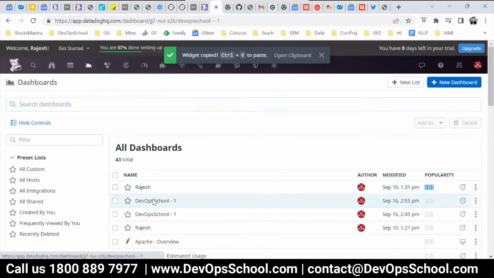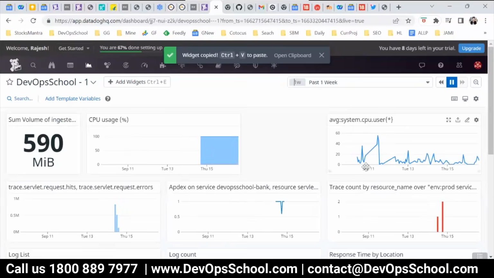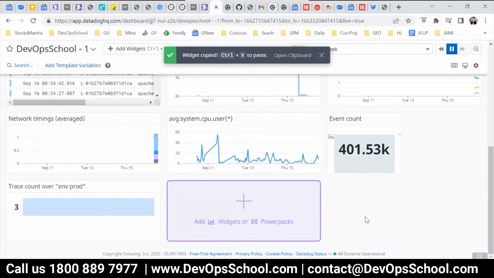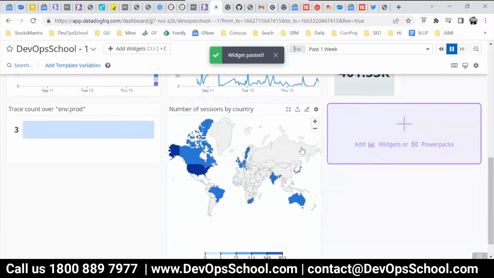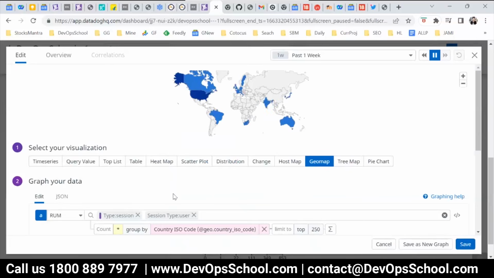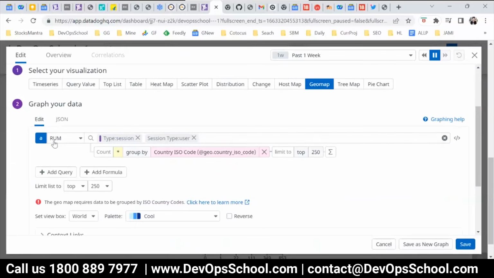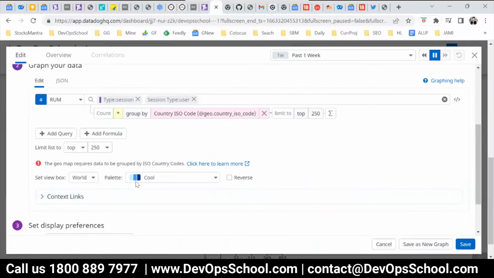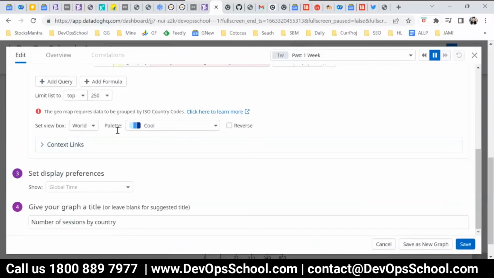So let's go for DevOps school, and here Control B, and now you can edit. You see here, so you can steal their queries, like this is the query. See here, rum session, all this, top by 250 and all stuff like that. So you can learn from the existing one slowly and then create your own